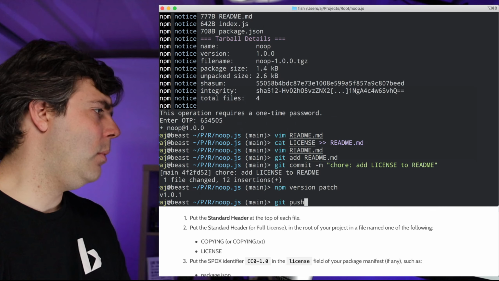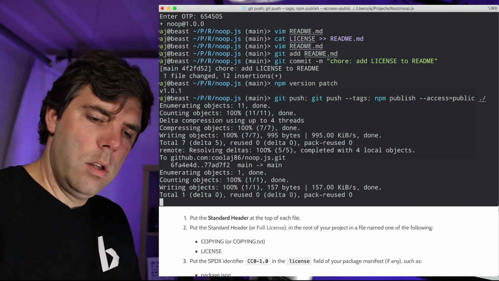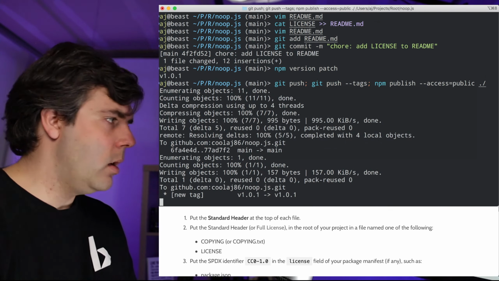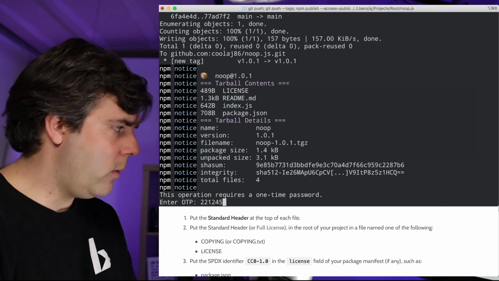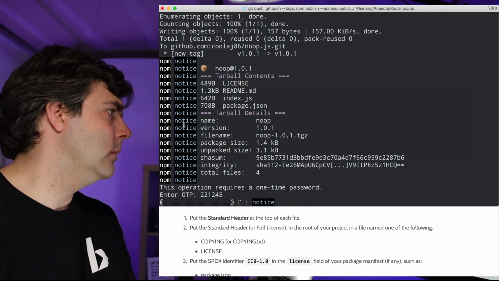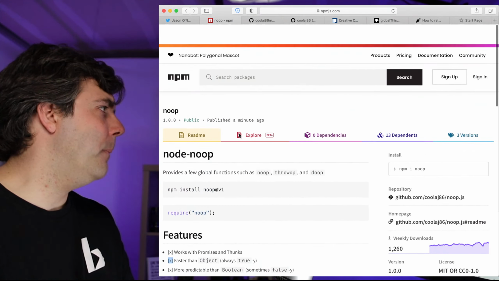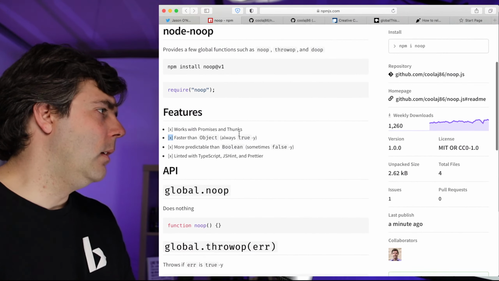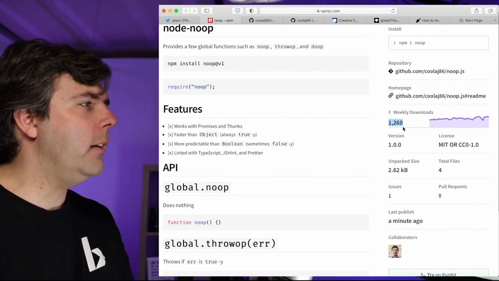And then git push tags, npm publish. All right, 221245. Okay. Whew. Now I can sleep better at night, knowing